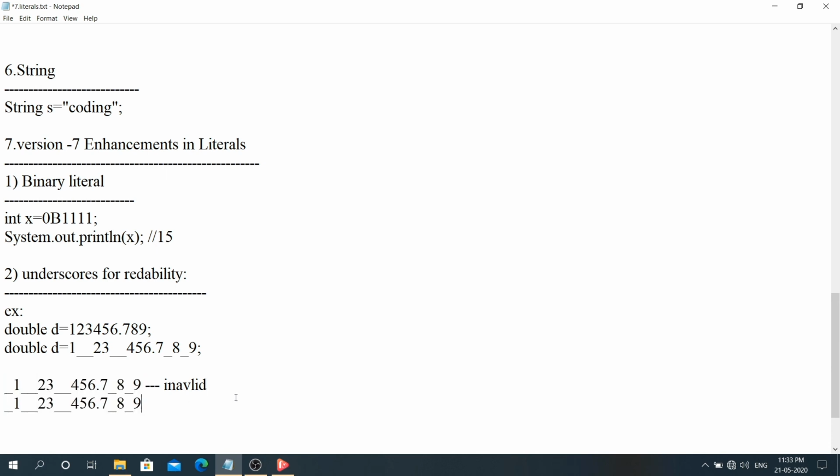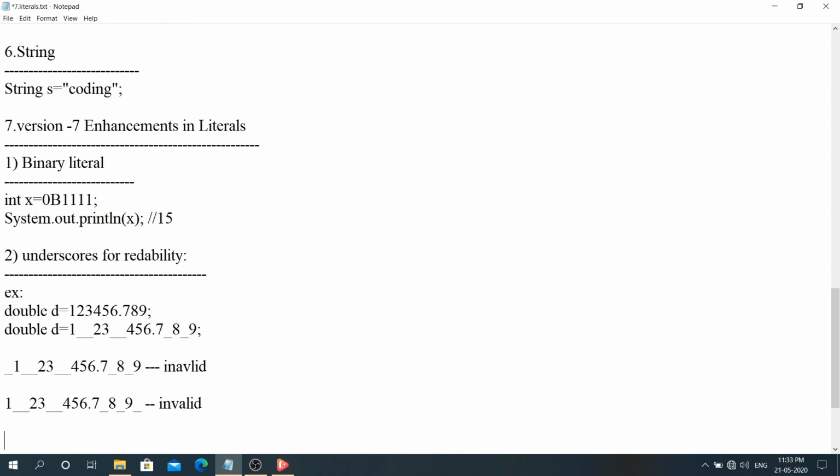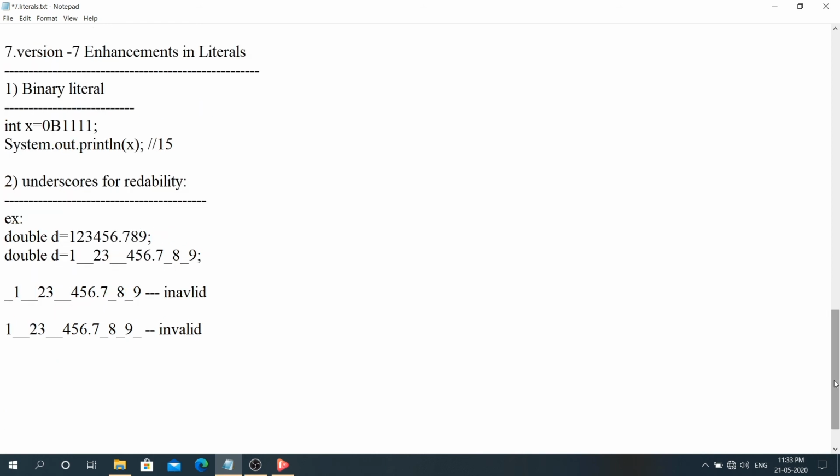This is also invalid. If I put an underscore immediately before or after the decimal point, this is also invalid. There will be no use, so it is going to be invalid.